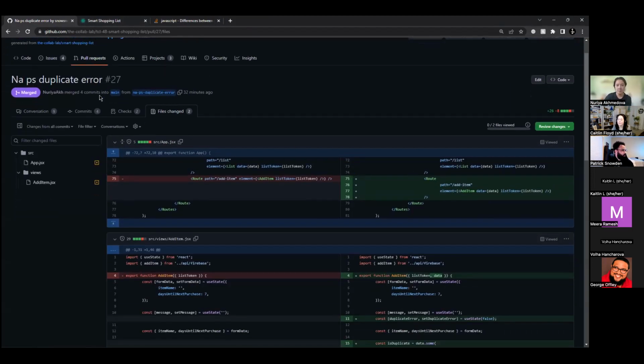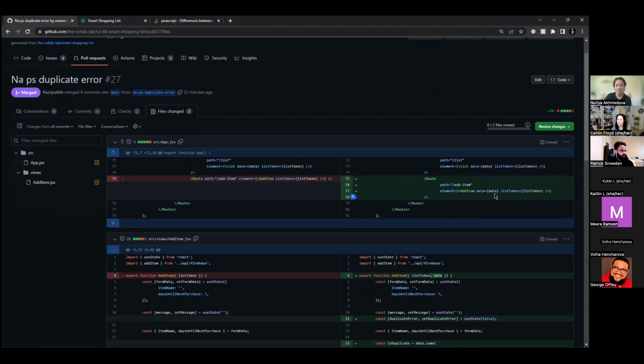For our task, we had to show if an item in the list was already there based on different cases.